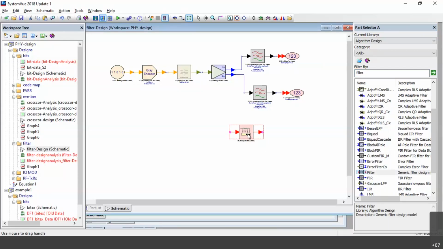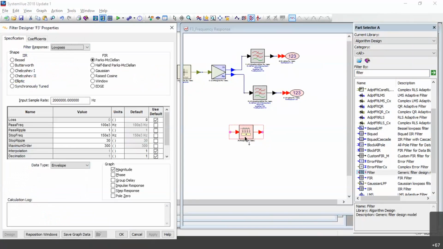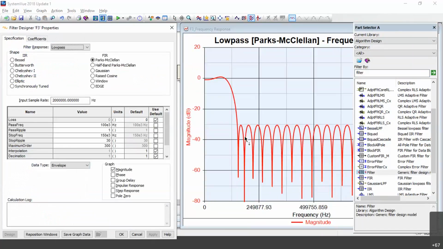Now double click on this module. See here, whatever filter you want. There are multiple filters we have. The filter is low pass. Whatever filter you want to create: low pass, high pass, band pass, custom. Whatever you want, you can select. If you want FIR or IIR filter, whichever you want, you can take. Fine. I'll take FIR filter. I can take either the Gaussian or the raised cosine. I'll go with the raised cosine. Now, if you select a raised cosine, you have to provide the input sample rate.